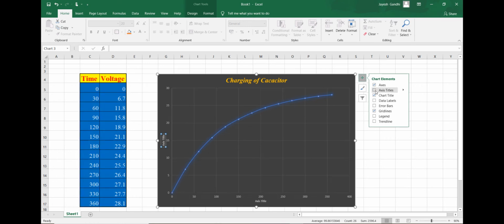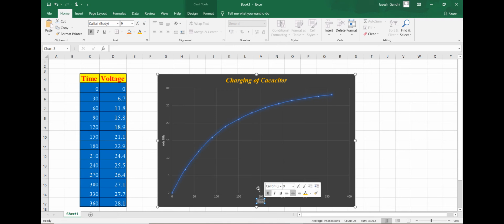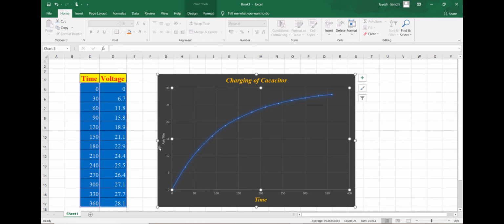Now you can select the axis. On the x-axis we will write down, what is this x-axis? It is time. So we will write down time. Again select it, make it Times font, make it 18, give it italic and the color. Fine. Similarly on the y-axis we have voltage, so I will name it voltage.